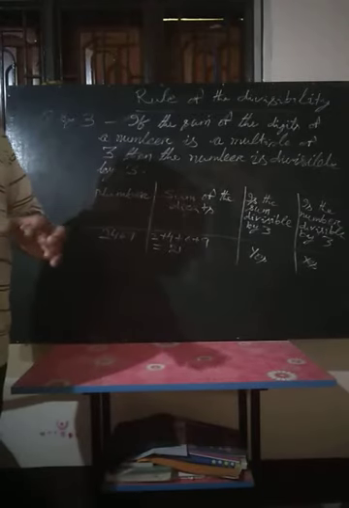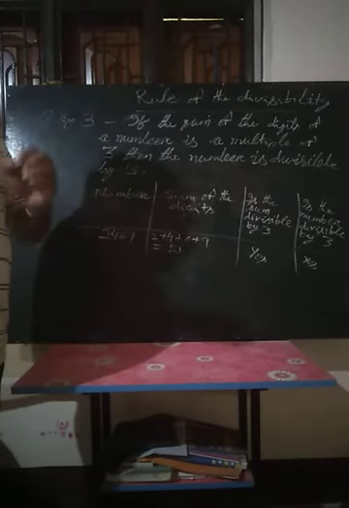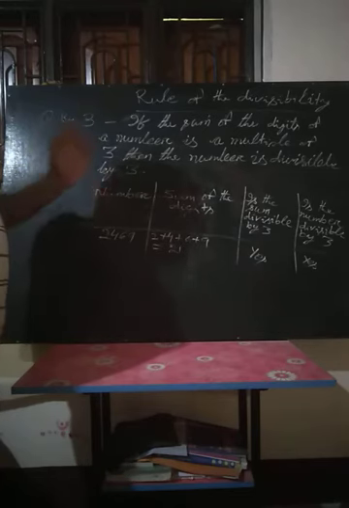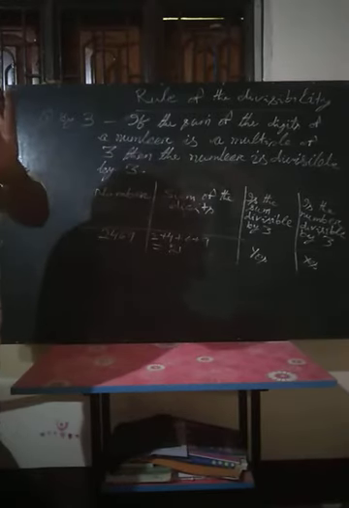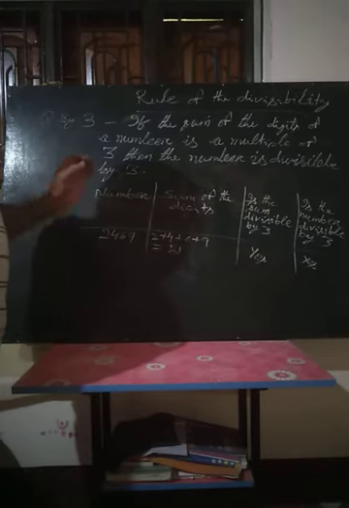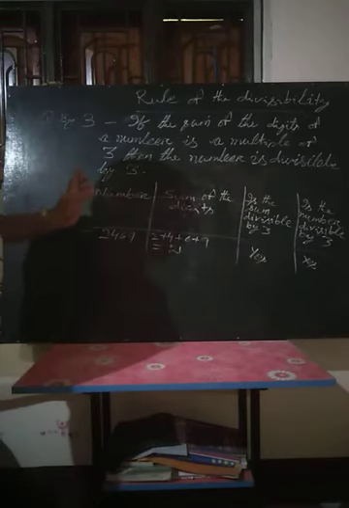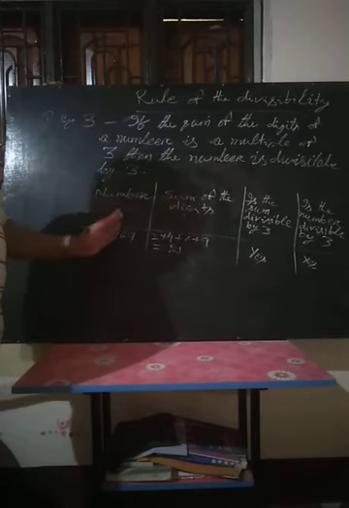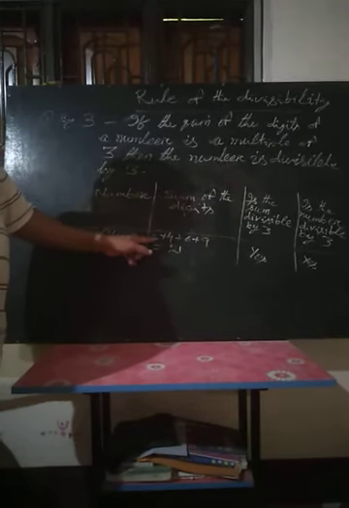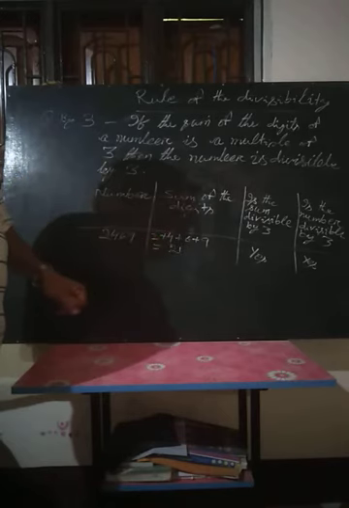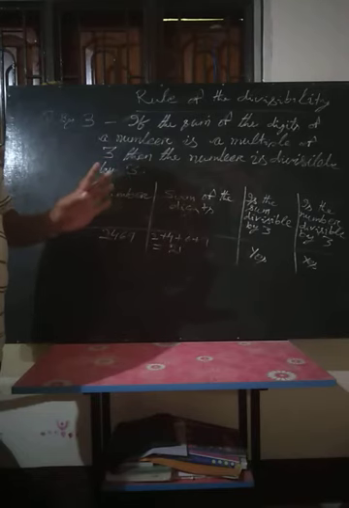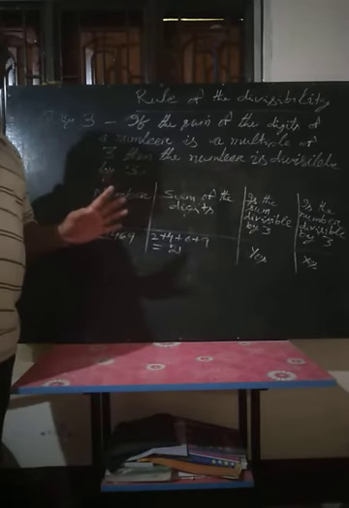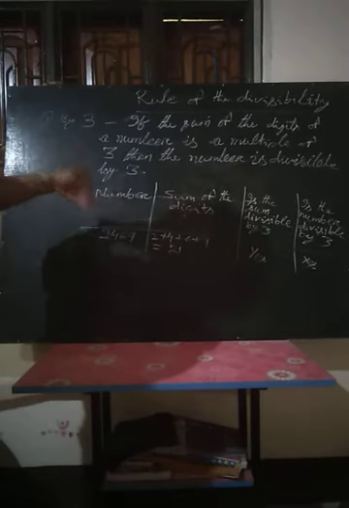But if there is only one number, then you can apply the inspection method in your mental state. You can test it and you can write. If there is the instruction to write down the cause, then you will have to write the sum of the digits of the given number equal to, suppose 2 plus 4 plus 6 plus 9 equal to 21. As the sum is a multiple of 3, so the number is divisible by 3. In this way you can write for a single number, but for more than one number you can maintain the table method like this.